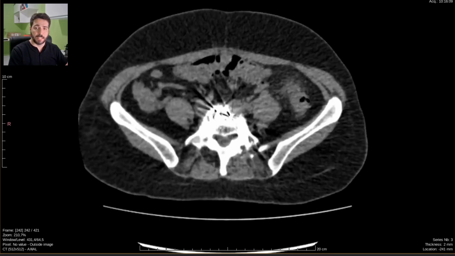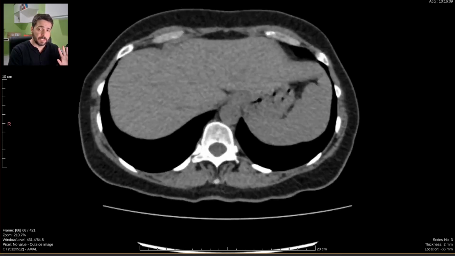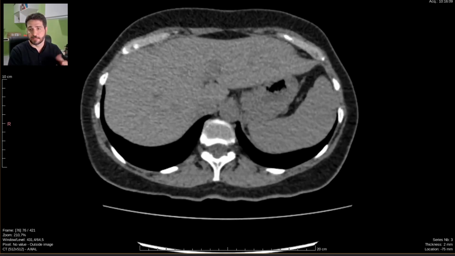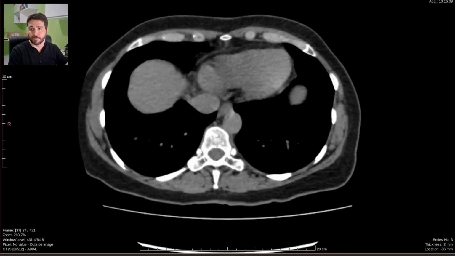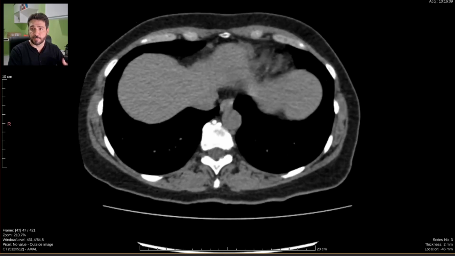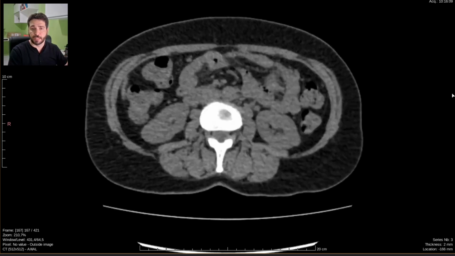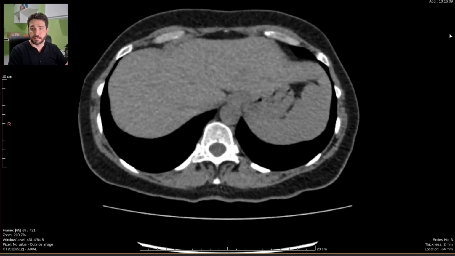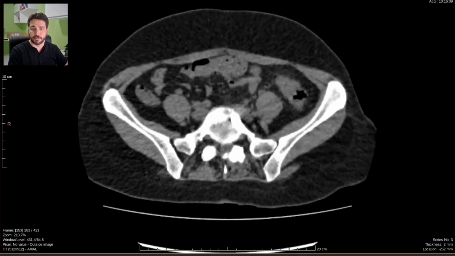So I have already seen the disease, but I have this trick that as soon as I see the major cause for the exam to be ordered, I leave it aside and look for other possible diseases that this patient might have, just to be sure that I won't miss anything major, any other important feature of this exam. So let's